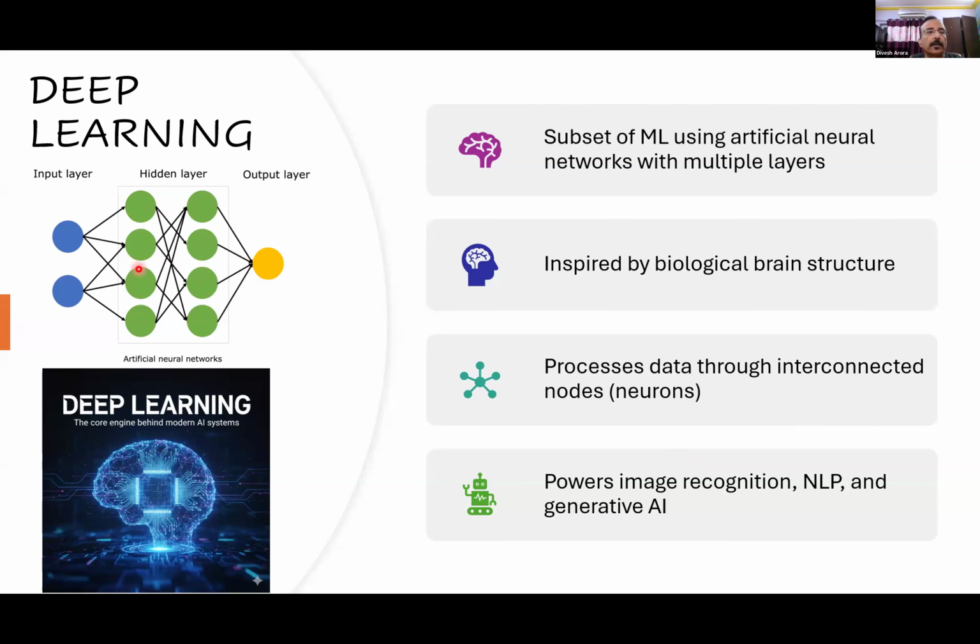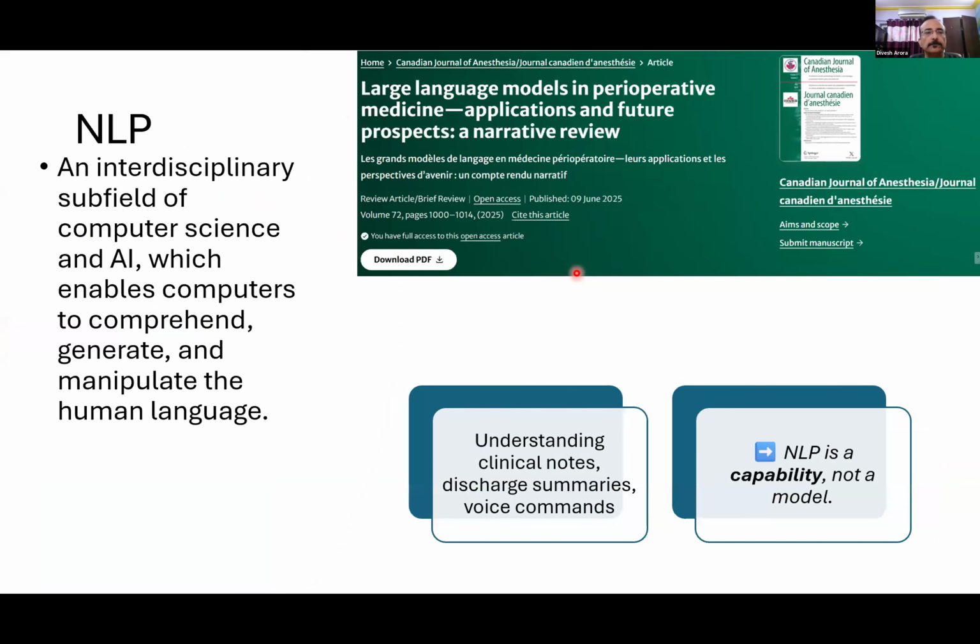Try to analyze this figure. There is an input layer and the output layer. What is not visible to us is the hidden layer where the interaction is happening and we get a good output. So this deep learning, which is a subset of machine learning, is the modern-day engine behind image recognition, natural language processing, and generative AI.